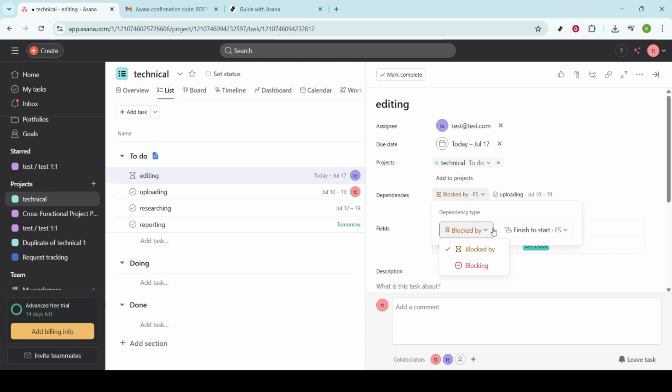Alternatively, you may choose to set it as blocking, where the chosen task acts as a barrier, preventing subsequent tasks from starting until it's done. This method of linking tasks is incredibly beneficial, as it not only streamlines your workflow, but also keeps your entire team aligned. By having a visual representation of task dependencies, it significantly reduces the risk of missed deadlines and any